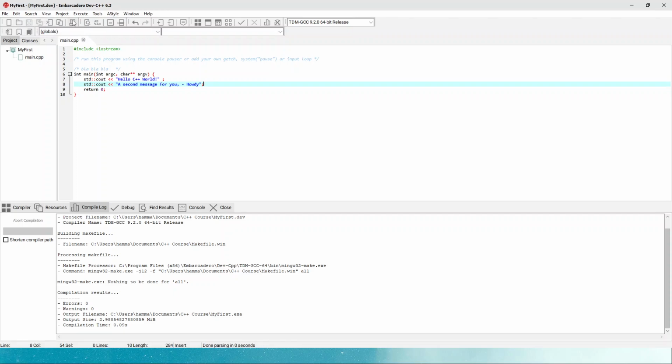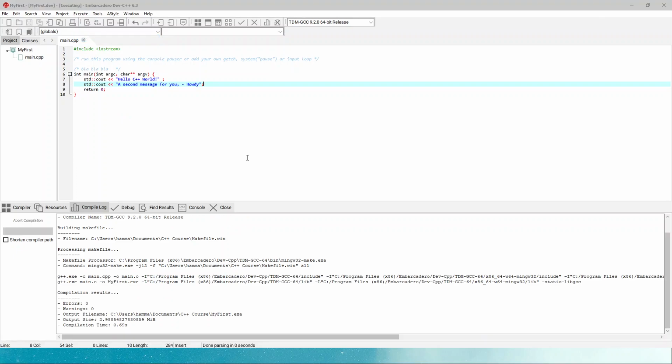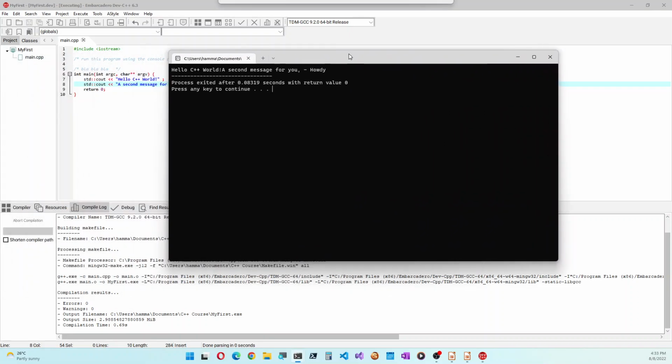Let's save and compile and run. As you can see, both the messages are on the same line.